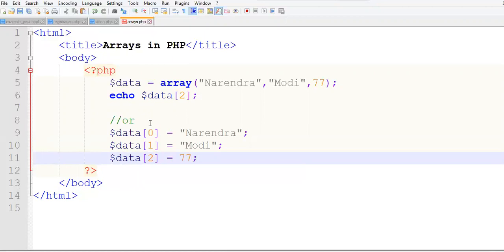Here I have specified the index values manually, whereas earlier the index value was automatically taken.